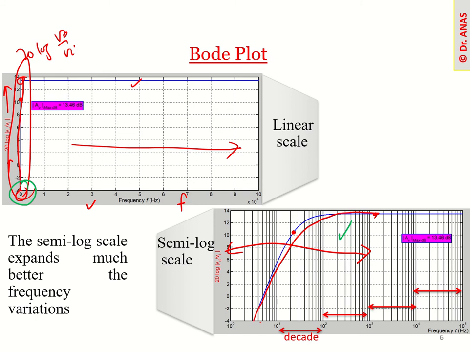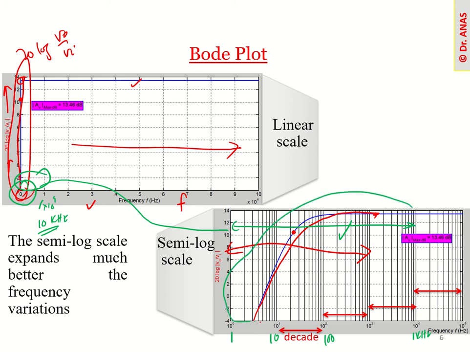Okay, so for example 10 to the power 0, this is 1 hertz, this is 10 hertz, this is 100 hertz. So here if you see, this is 10 to the power 4. Okay, so this is 1 into 10 to the power 4, so this is basically 10 kilohertz here. Okay, so between 0 to 10 kilohertz information was gone. So here now this is 1 kilohertz. Basically just this one has been expanded to this complete width here, and we are getting more information about the variation in the transfer function of the system.